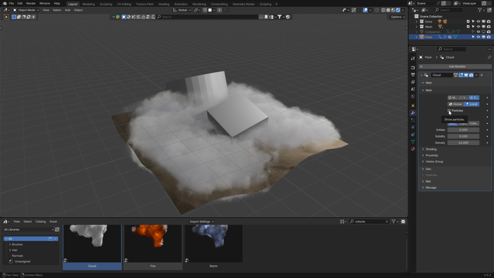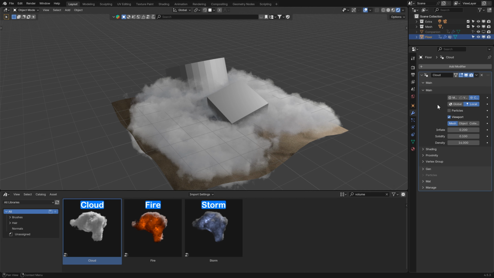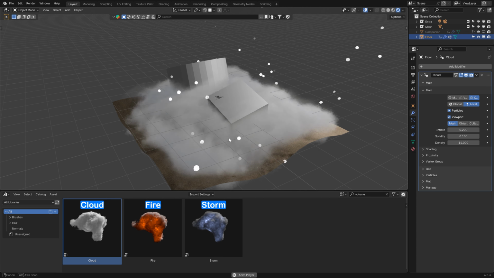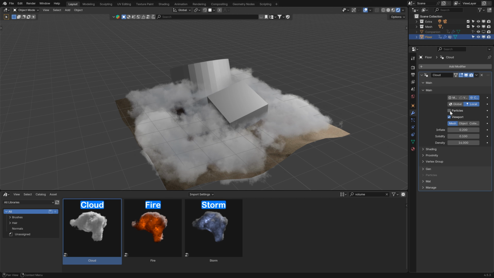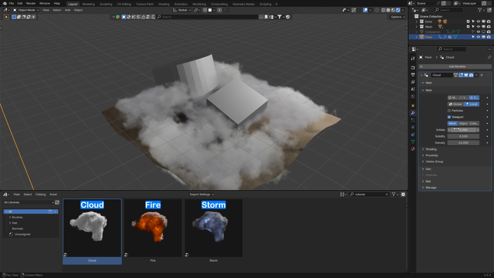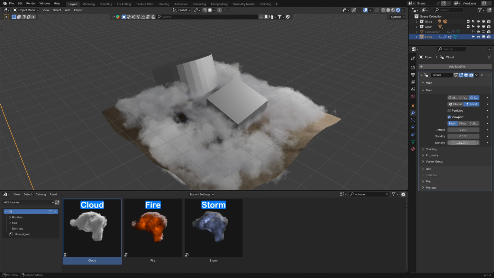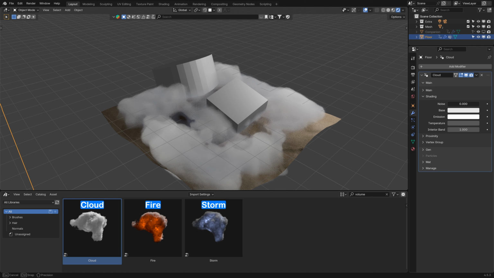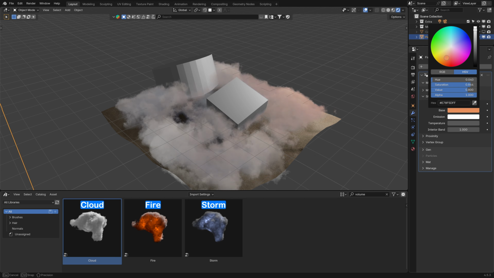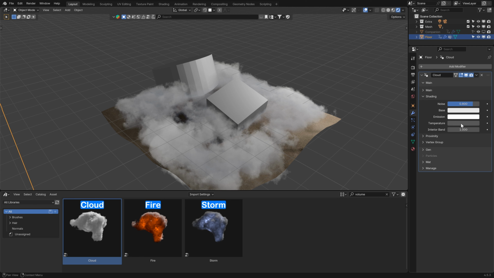Particle is useful for fire, the fire volume. But if you want, you can enable it. You have this. Okay, and inflate. You can see the result. Inflate, solidify, density, etc. For shading, you can remove, for example, the noise, change the base color, the emission color, the temperature color,